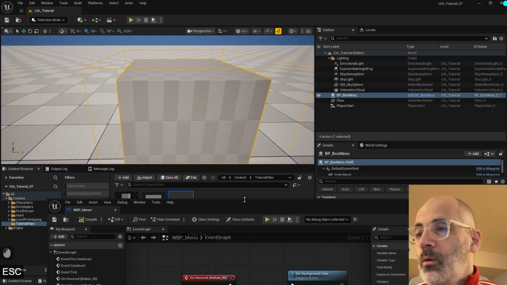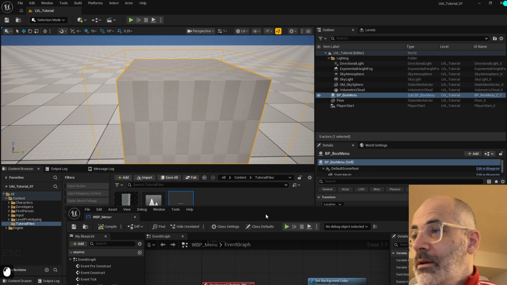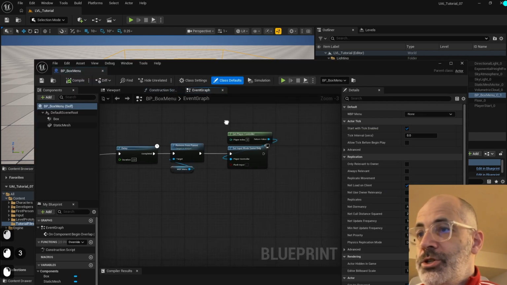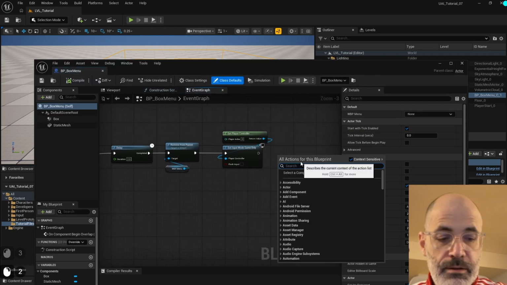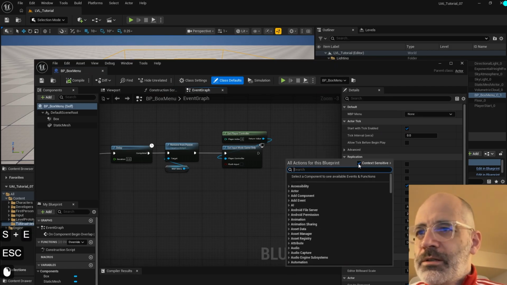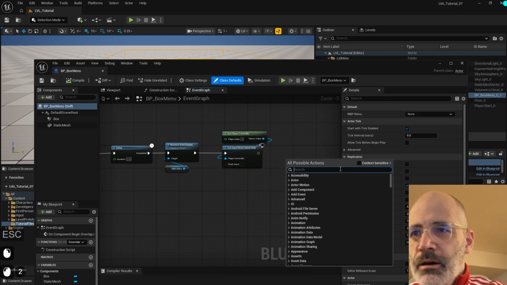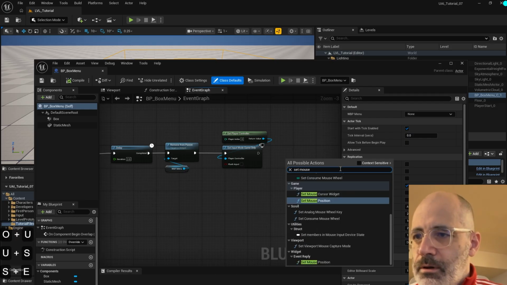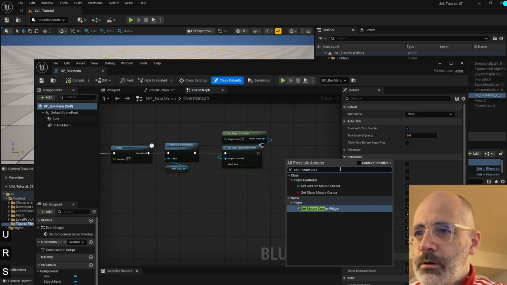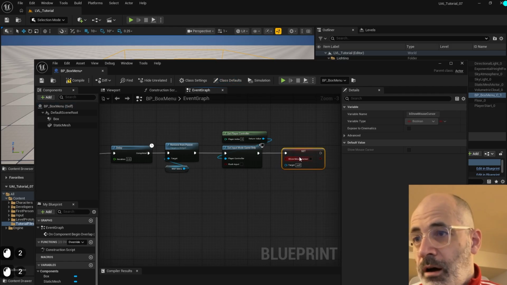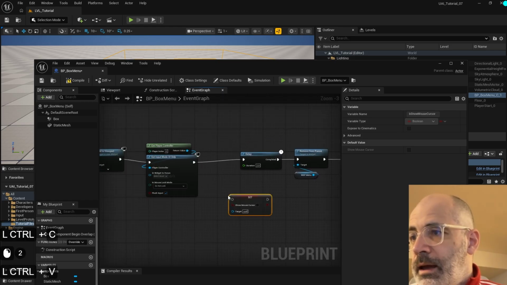So I couldn't see my mouse cursor. That is because you actually have to indicate that it is shown. Set show mouse cursor. Not sure why it's not showing up. Let's turn off the context sensitivity. Set show mouse cursor. Okay, so we will need to turn it off when we're done, and we're going to want